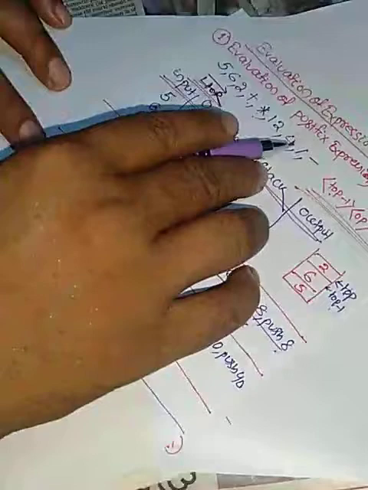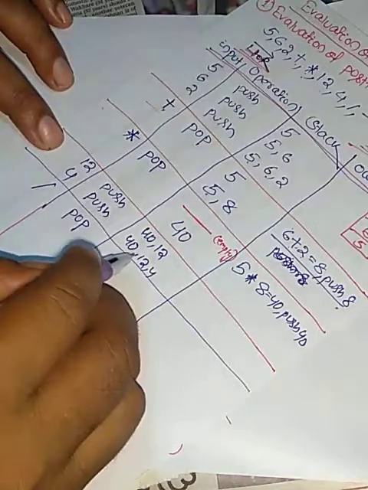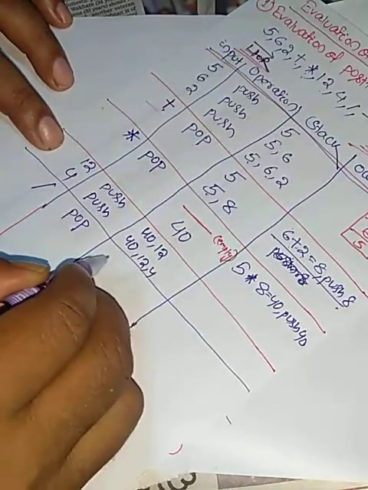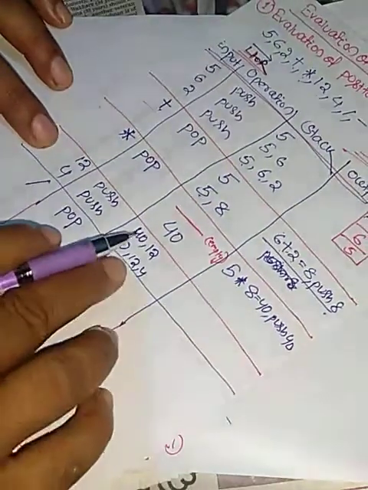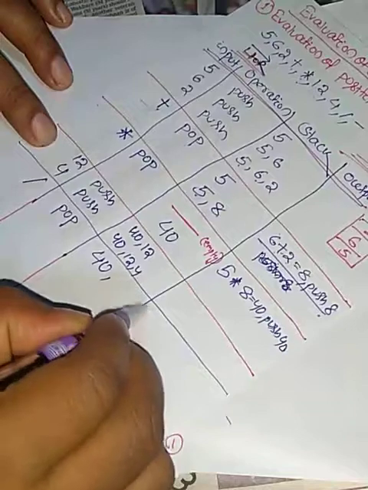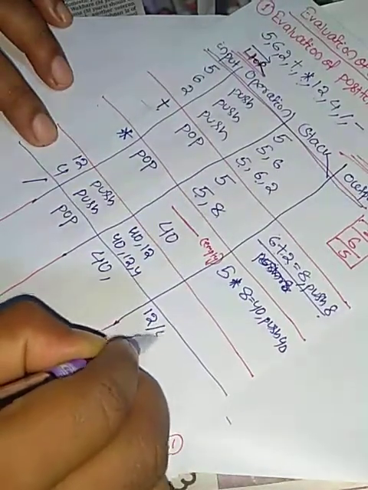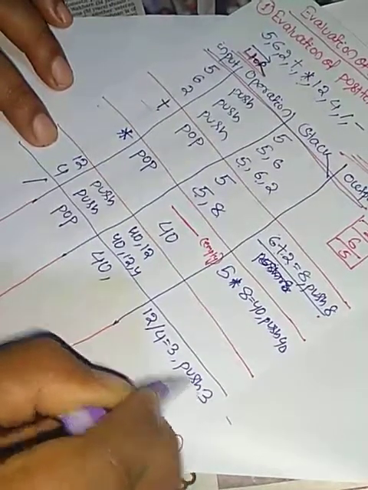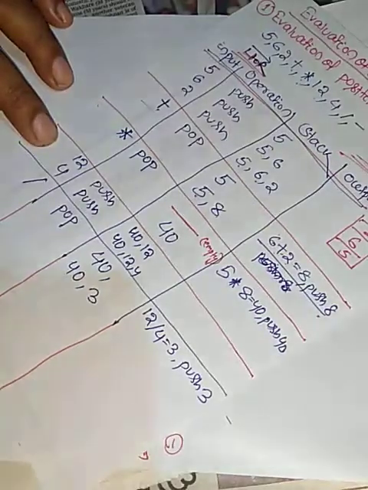Then the symbol we have is division. Then we encounter pop operation. If we pop, the top 2 elements will be popped out. That means we have 40 only on stack and 12 and 4 are popped out, and the operation is top minus 1 by top, meaning 12 by 4 equal to 3. Then push 3. So after pushing 3, we have 40, 3 on stack.